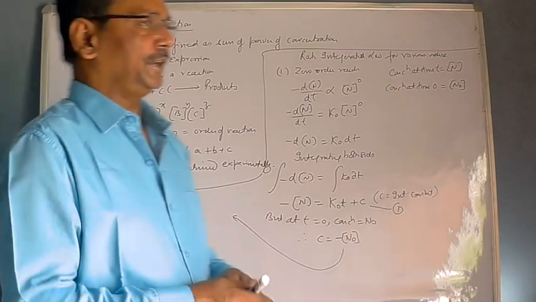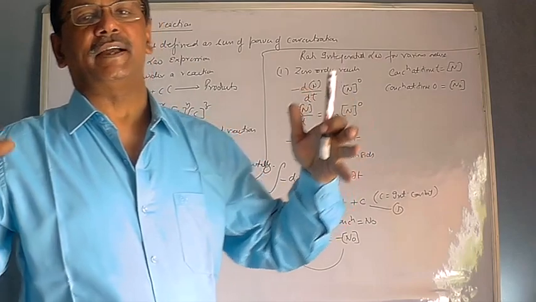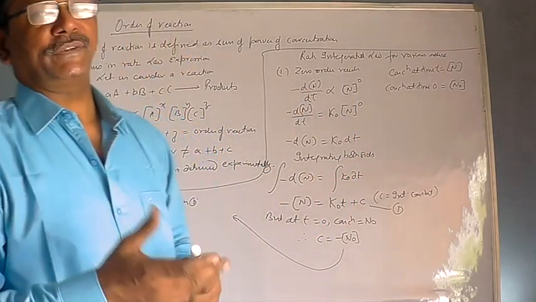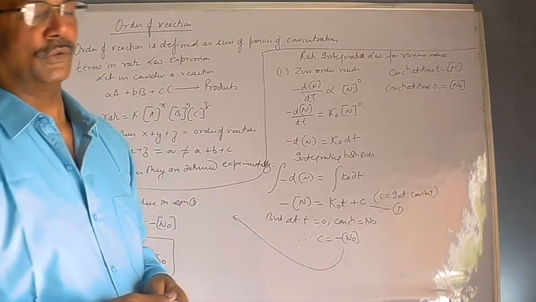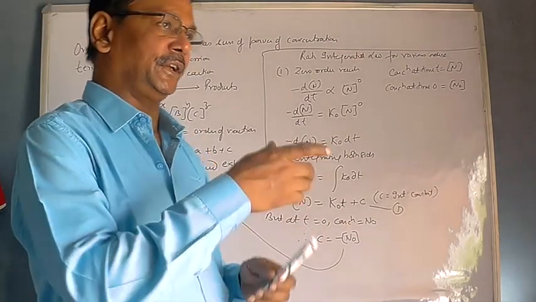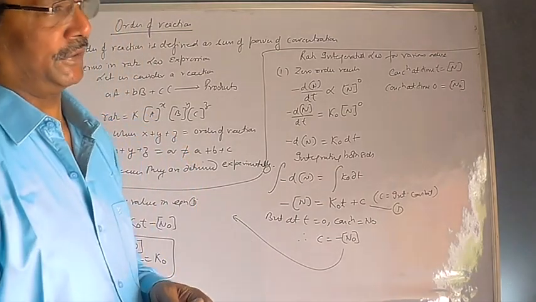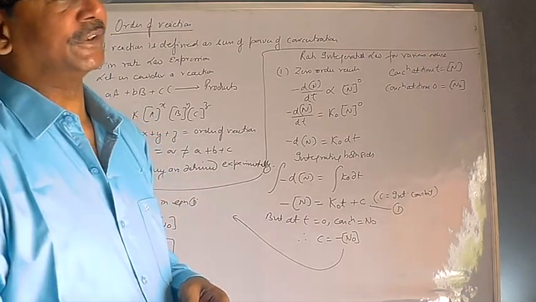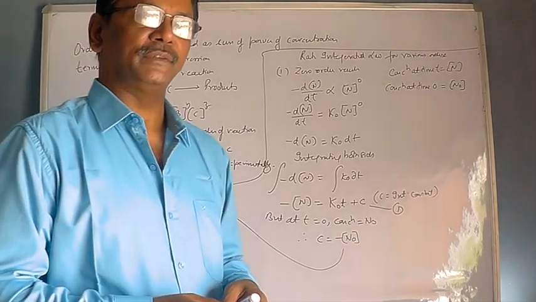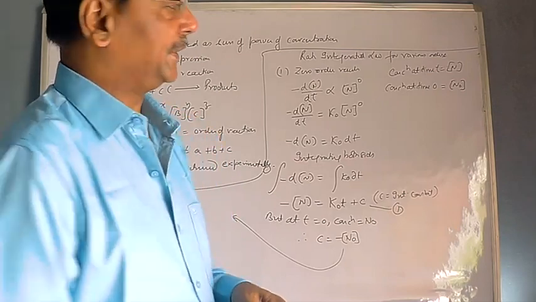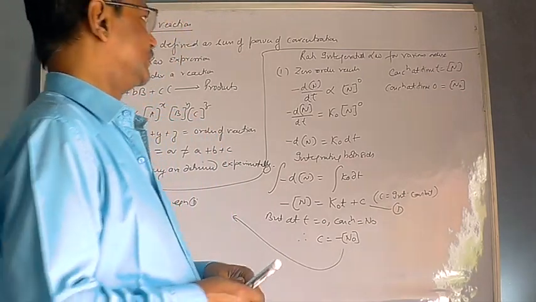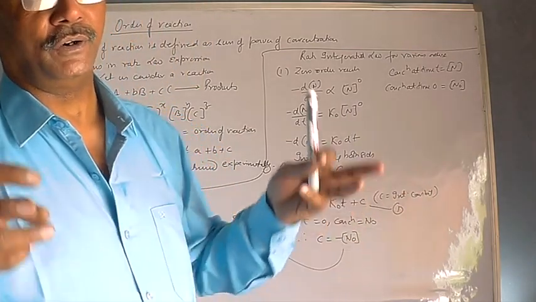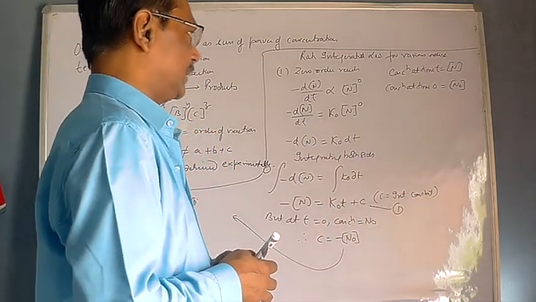Integrated means what? It includes everything happening during the course of the reaction. As time progresses, reactant changes into product, so concentration of reactant goes on decreasing. If concentration decreases, then rate also decreases. So the rate is never constant, and therefore for finding rate at a particular time, we require the integrated law, which integrates all the factors taking part there.